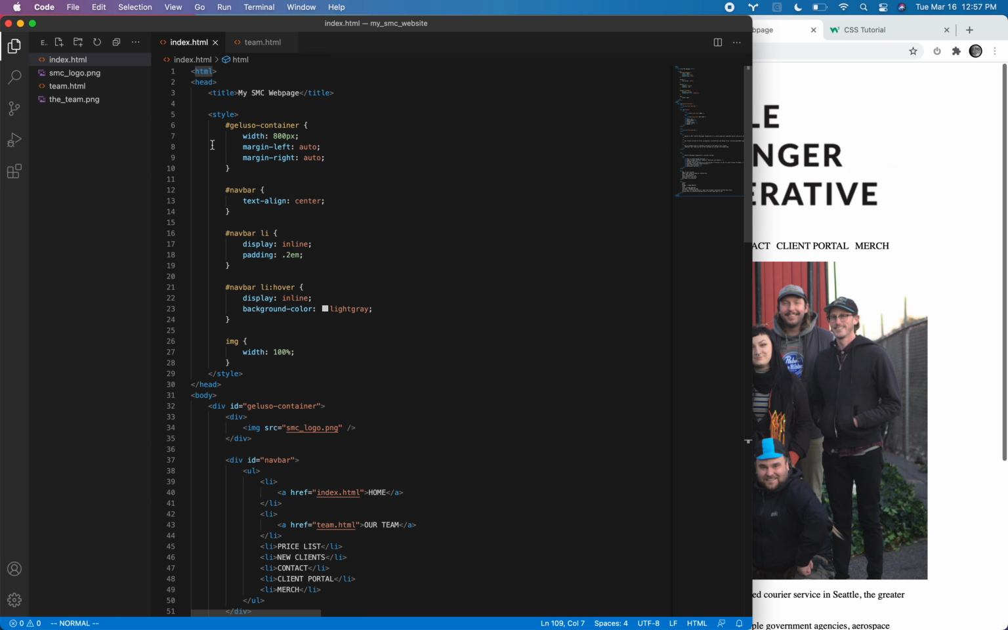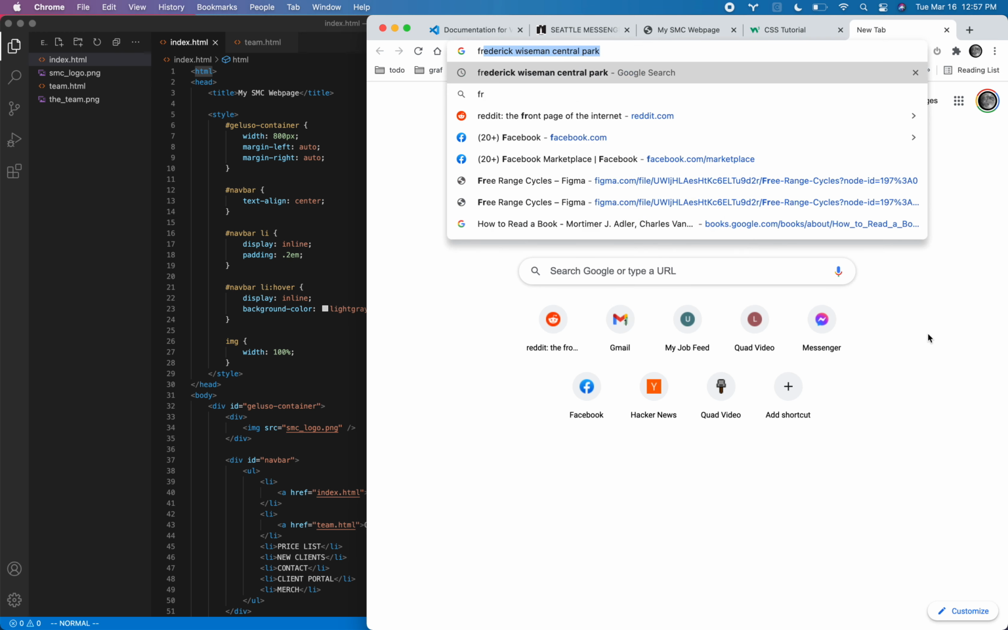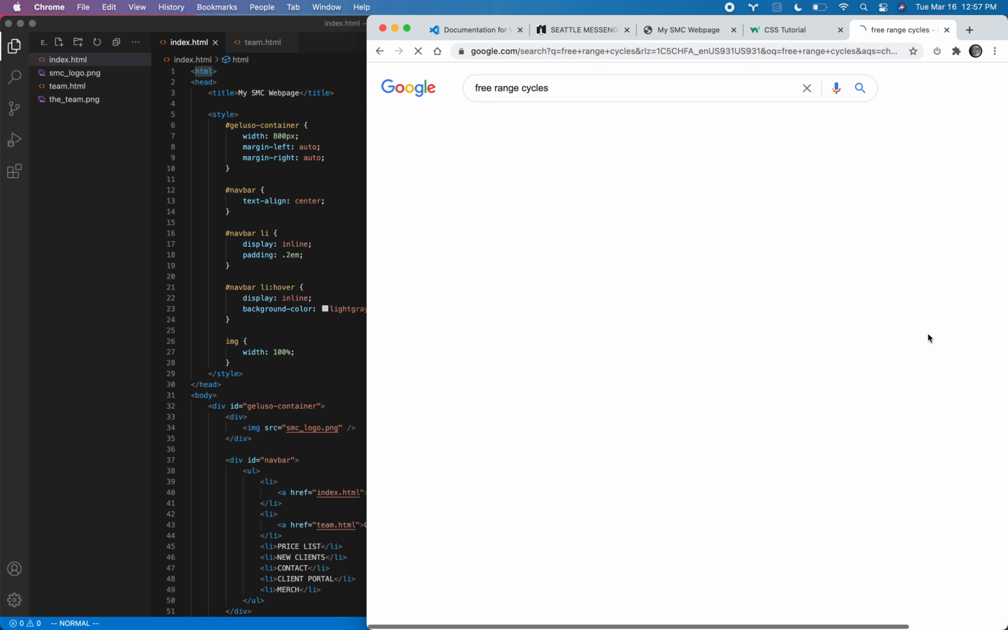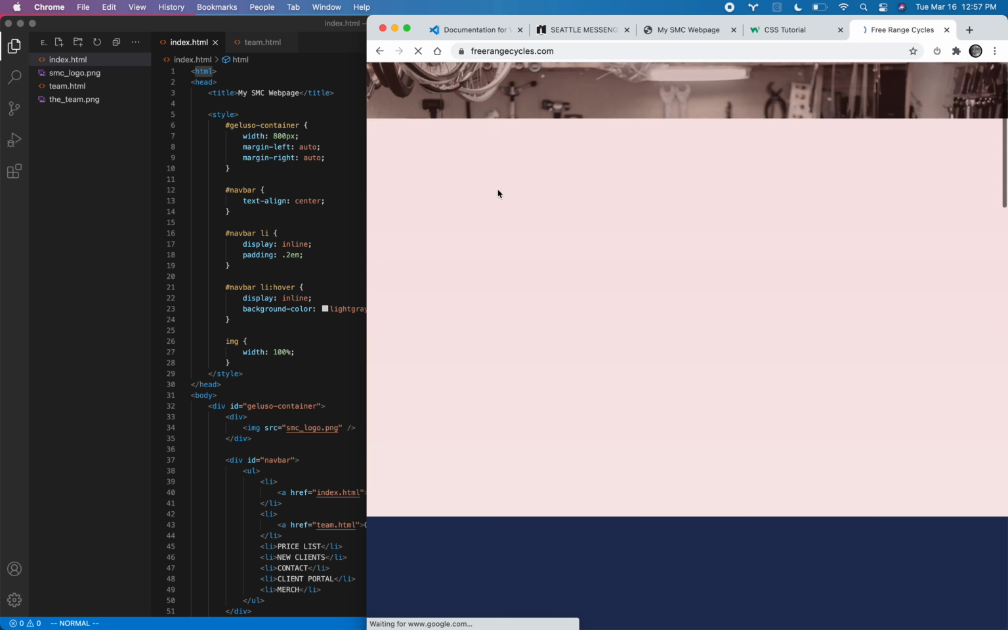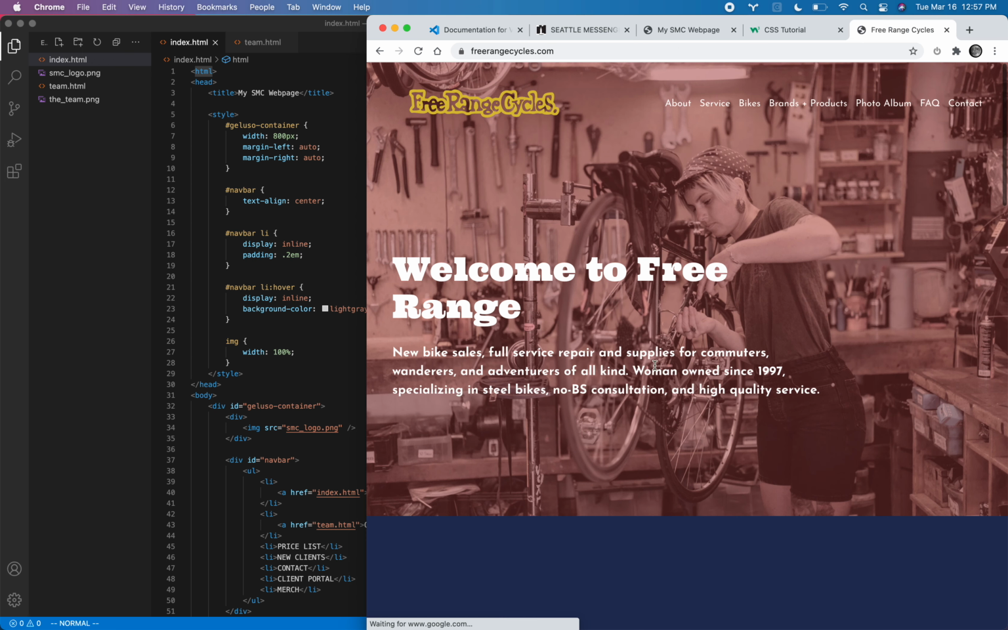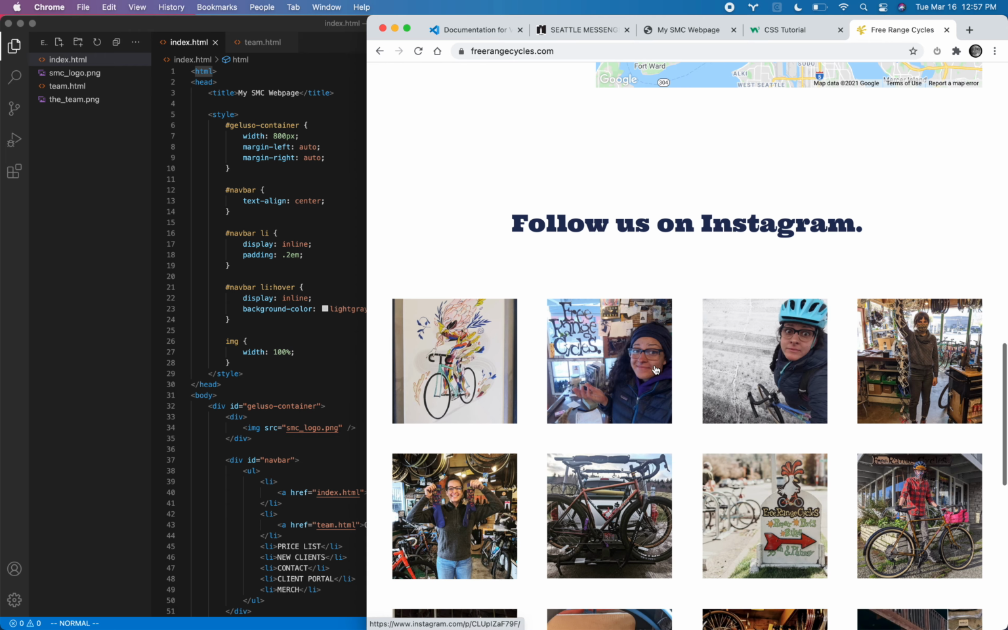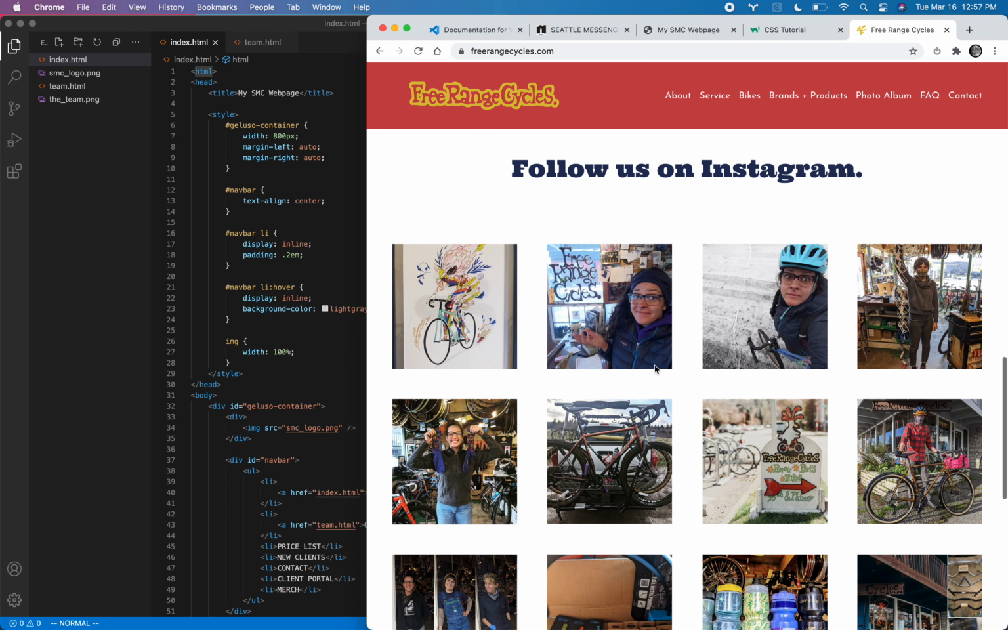And the majority of the game is just learning more and more CSS rules, and you can look up different tutorials that would show you how to make all sorts of things. So if you ever wanted, let's take a look at the Free Range Cycles site. I know that Jake and Carol just rebuilt theirs recently. I know that they have some cool stuff, even down here, like displaying these different images. Well, what this probably is